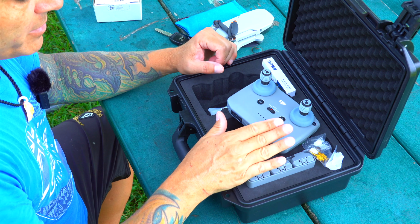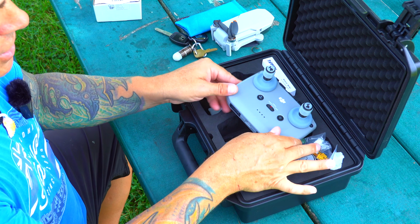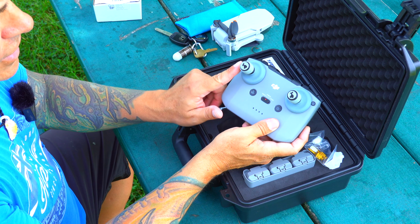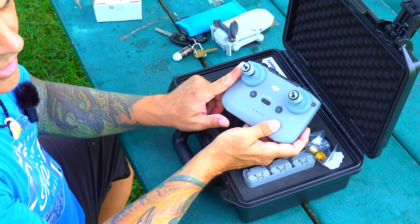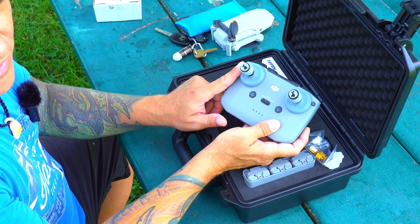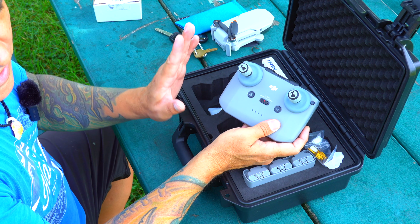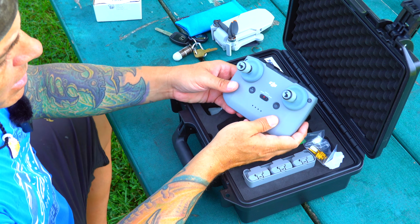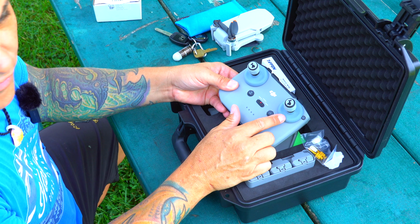Today's video is going to be talking about these little contraptions on my Mini 2 controller, and these are called Cine Sticks, made by ScottyMakesStuff. ScottyMakesStuff is a company that makes mods for different camera gear and Osmo Pockets, and I'm not super familiar with the company, but I saw these being advertised and I felt like I had to give it a go